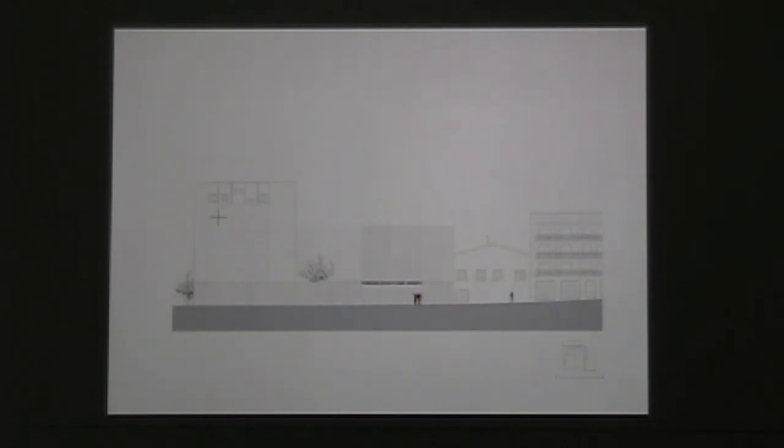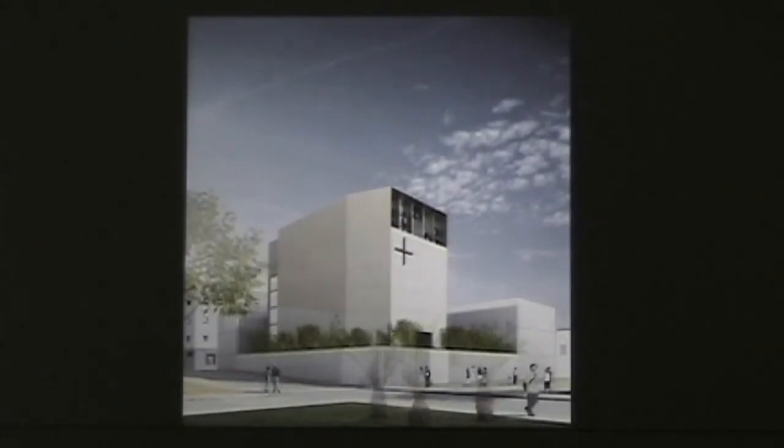You can see a front elevation here. You can see a rendering here of the final shape. You see the other building side. This is made of stone, local stone, white yellowish. But this is some sort of a perforated metal screen that goes all the way around. So it's embracing, or underlining, the importance of the real volume of the church.